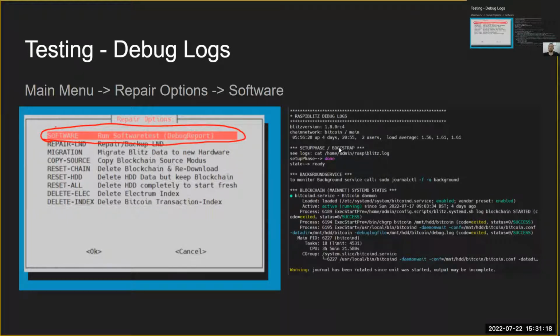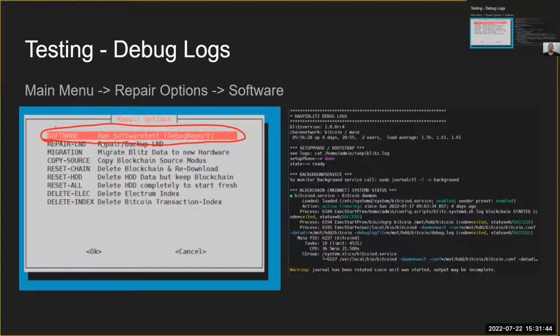If something is not running properly, for example, you just installed the Lightning application on your previous SD card, you wanted to update your SD card to the new Raspberry version, and you see that your Lightning application isn't installing automatically, something is wrong, and the best way to debug it is to just